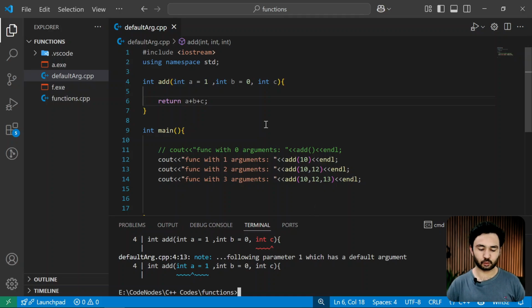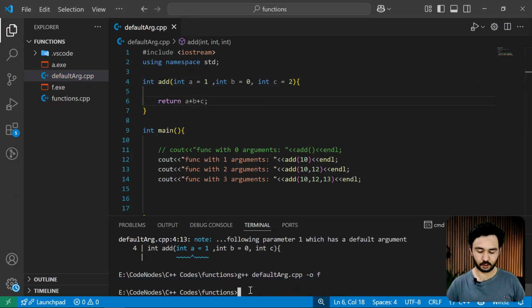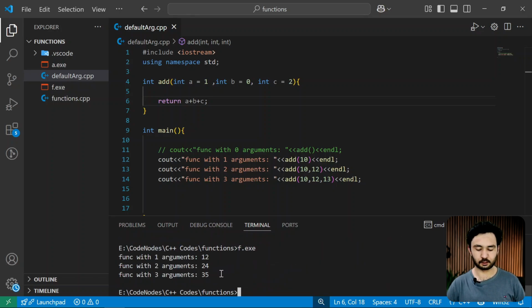That is because whenever we assign a default value to any parameter, all the parameters falling to the right of that parameter must also be assigned a default value. If I again assign it a default value of 2, and if I again compile this, now as you can see it has not thrown any error. So if I run this, it has executed successfully.